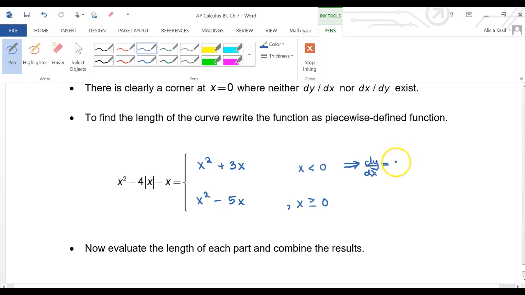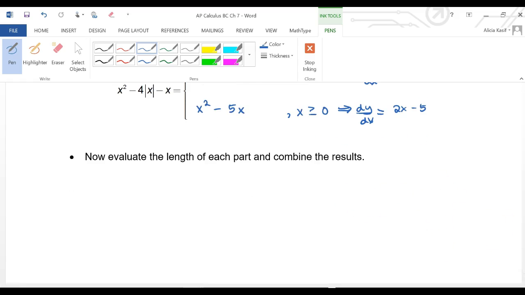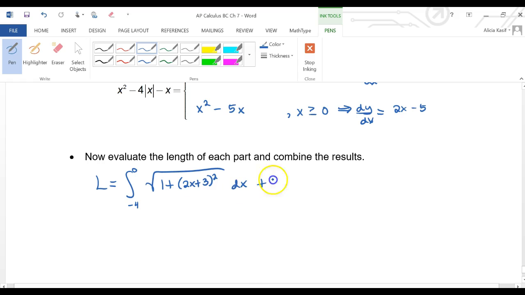So what's dy dx of this? This is 2x plus 3. What's dy dx of this part? 2x minus 5. So now we're going to evaluate the length of each part and combine the results. So the first part's going to go from negative 4 to 0. This is calculator. So it's the integral of the square root of 1 plus (2x plus 3) squared dx, and then,